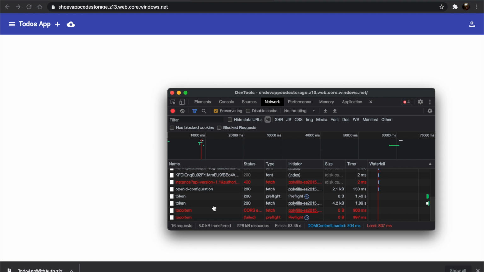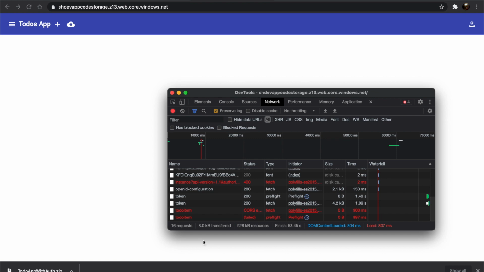And we should be automatically logged in, but we are not seeing any to-do items on the screen. Let's go to DevTools and see. Let's press F12 and go to DevTools and see what's going on. As you can see, even though we have set core settings in the API side, it's still being rejected. This is happening because Function App API authentication is forcing every request to be authenticated, including the pre-flight checks.